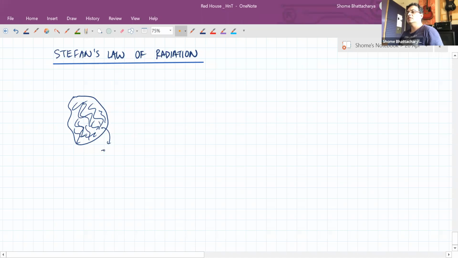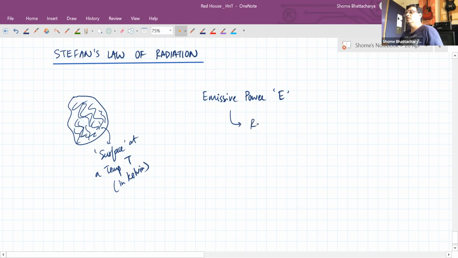So if we have a surface at a temperature of capital T, which is the temperature in kelvins, then Stefan's law suggests that the emissive power E. Now, what is emissive power? Let's understand. It is the rate of energy radiated, or you can say emitted,